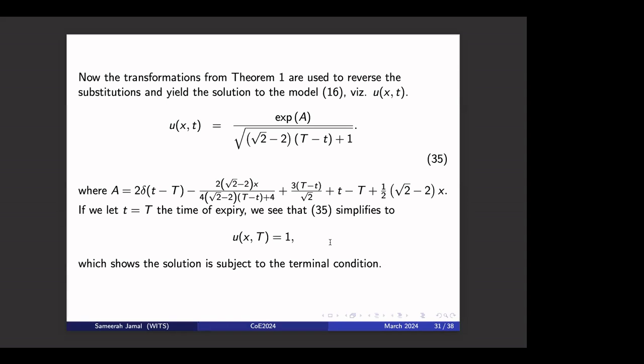I've seen a lot of studies involve that for the Black-Scholes equation. But in fact, as we've shown here, a lot of other parabolic models are solvable subject to the terminal condition once you apply transformations to get it to a heat equation and then set up your Cauchy problem.